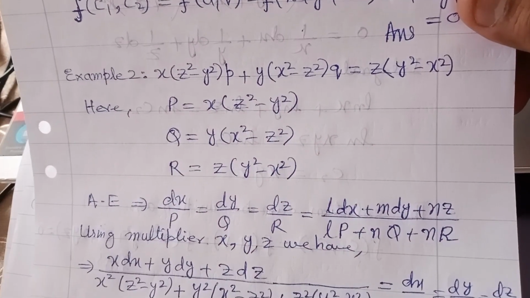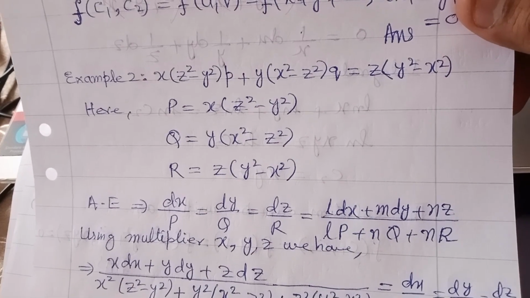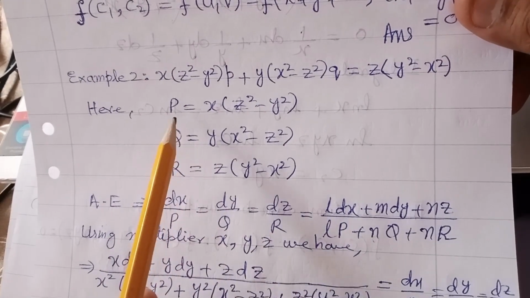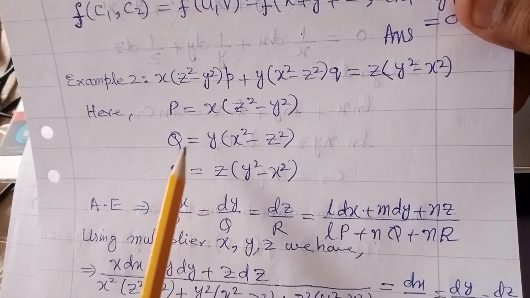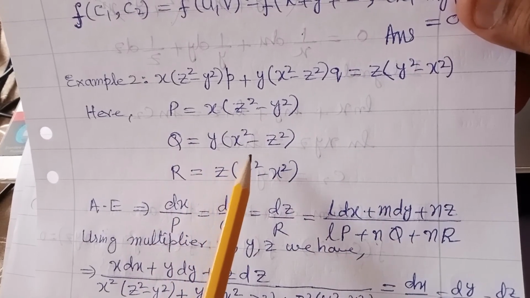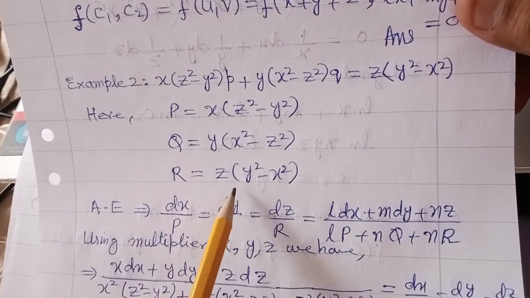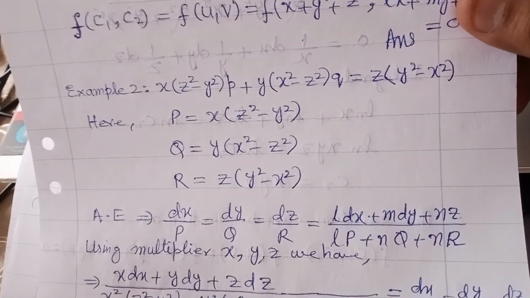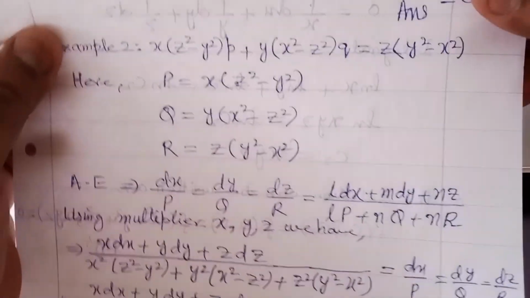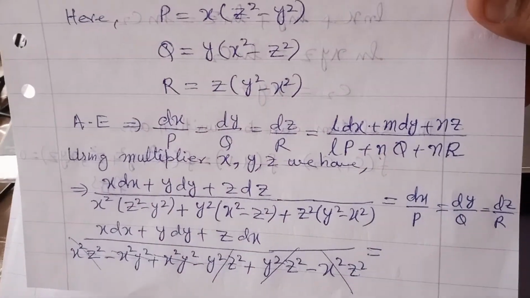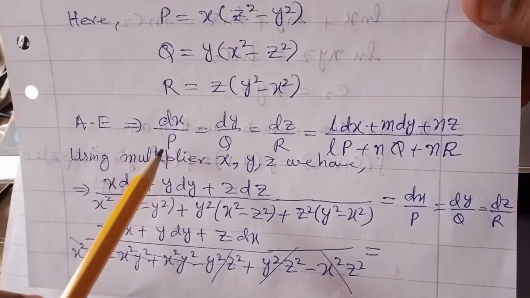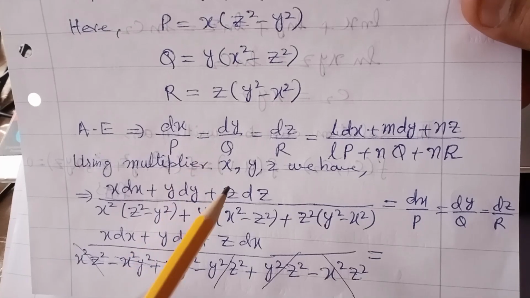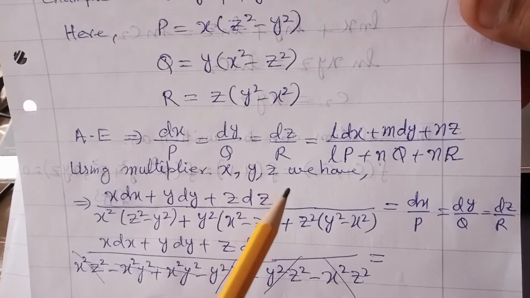From here we will equate the values of capital P, capital Q, capital R. That would be P is equal to x times (z square minus y square), Q is equal to y times (x square minus z square), and R is equal to z times (y square minus x square). So how do we pursue the solution? Now the auxiliary equation of the given differential equation becomes dx upon P is equal to dy upon Q is equal to dz upon R is equal to